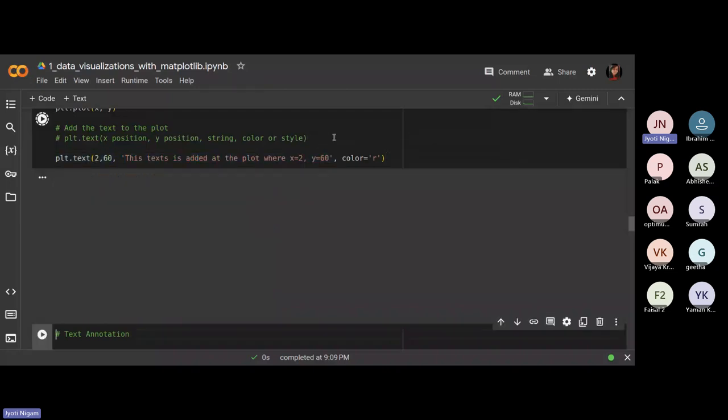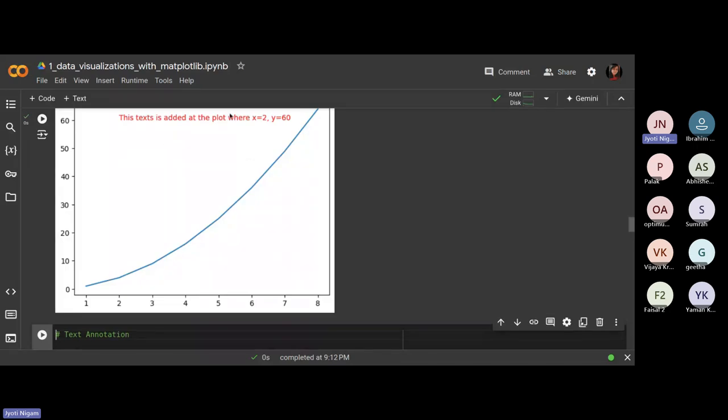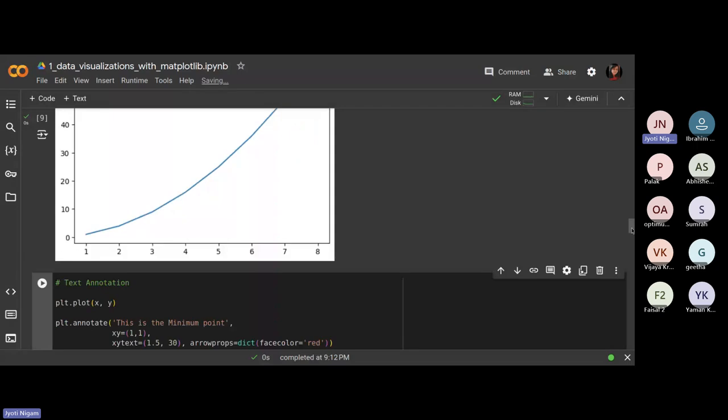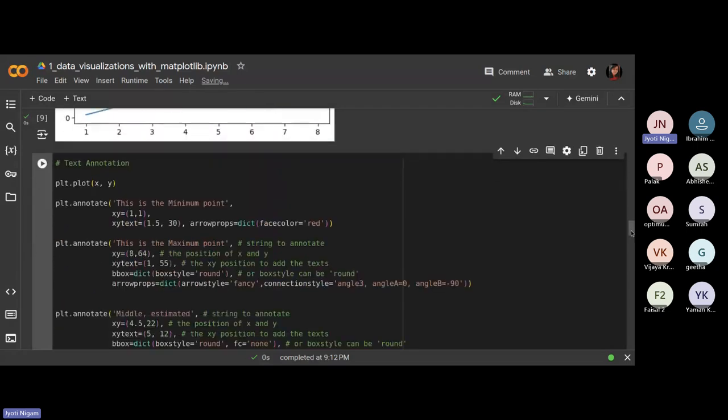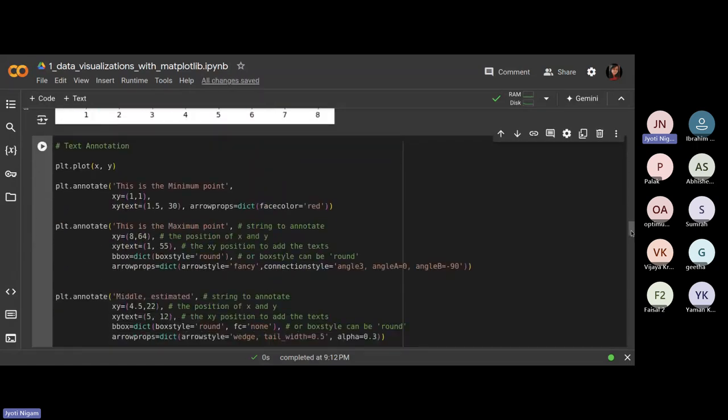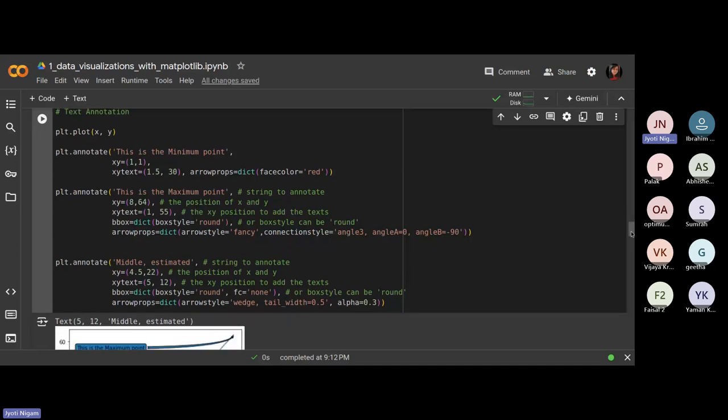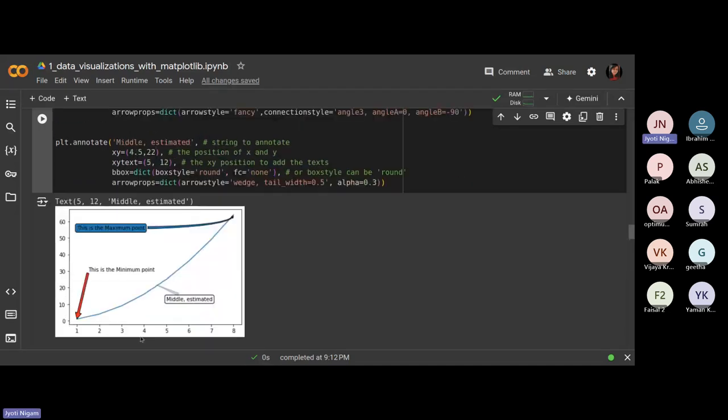If you plot this, it would return us this plot and it has this annotation with it. So this is how you can provide some information which is necessary, and you can even annotate some points. For example, if you want to specify this is the minimum point, this is the maximum point, you have the dot annotate method wherein you type your information, you specify the position of x and y, which point you want to annotate,